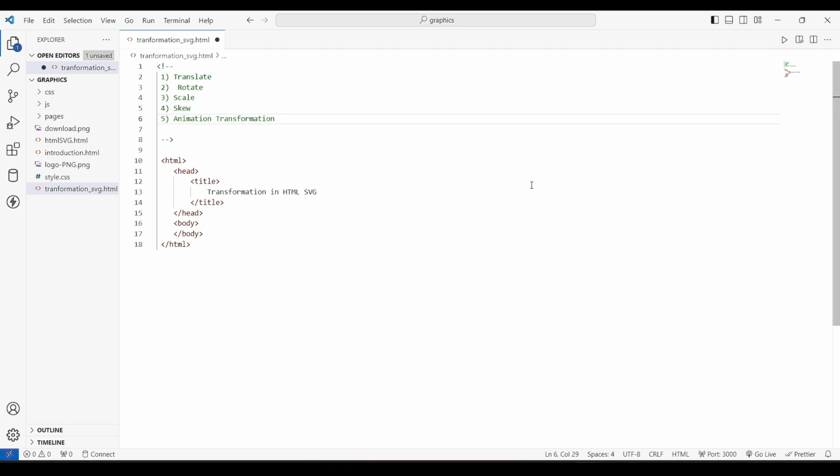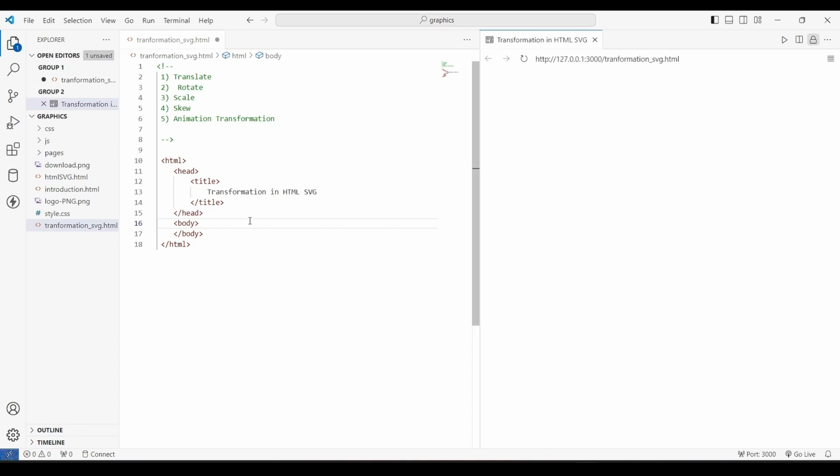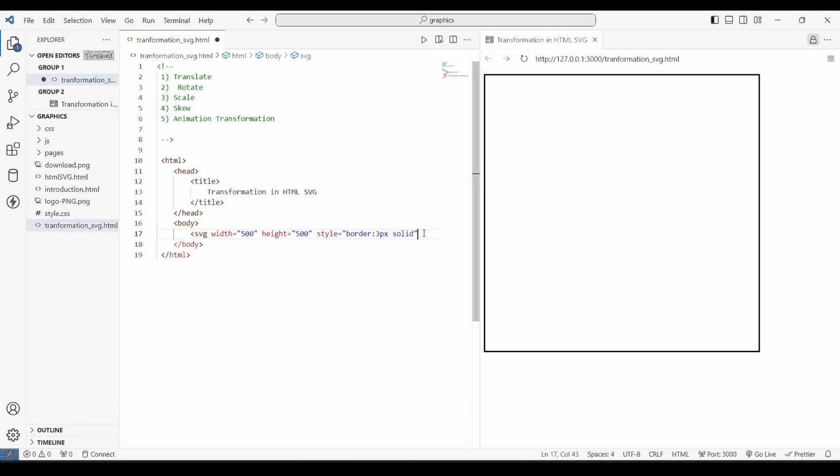So open your IDE. We use VS Code for that, and I have already written the question here. I have already written what we are going to do, and I have structured my basic HTML code. Now let's start. So let's open our live environment and let's create. First, let's set up our SVG. Everyone knows how to set up SVG, quite easy, and our SVG has been set up. I'll just close it. And now the first thing is